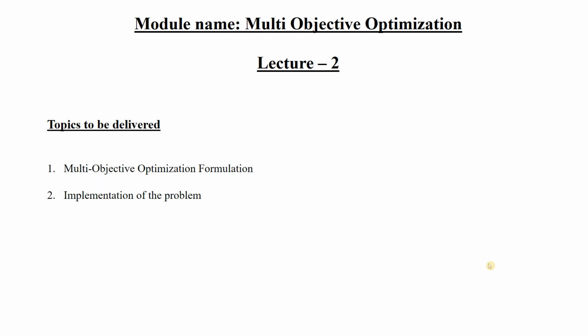Suppose you are buying a mobile phone and you open an online shopping app. In the app, there is an option called filter. Whenever you search for a mobile phone, you will get 1000 to 5000, 10,000 options. First of all, you have to choose that you are looking for a smartphone. Number one, you filter that. That is a single objective function. The app will show you only smartphones, not the phones which are not smartphones.